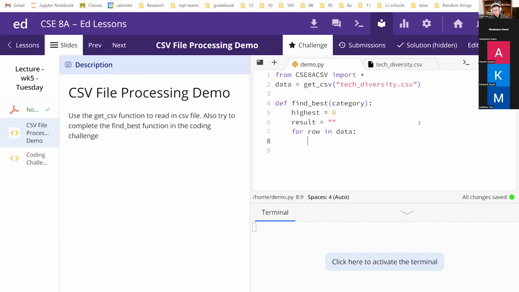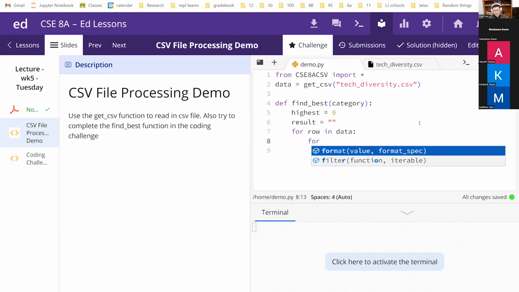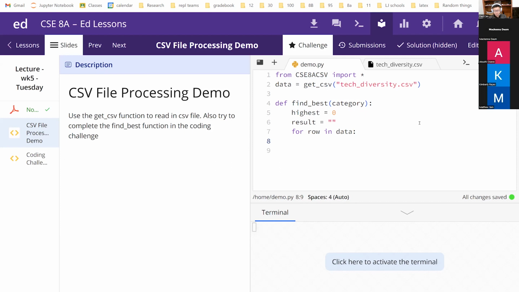For each row, basically for each company, I need to find this category. Because category is a string and the row is a dictionary, row category would give me the value. And don't forget, I need to typecast into a float. So if this thing is higher than highest,